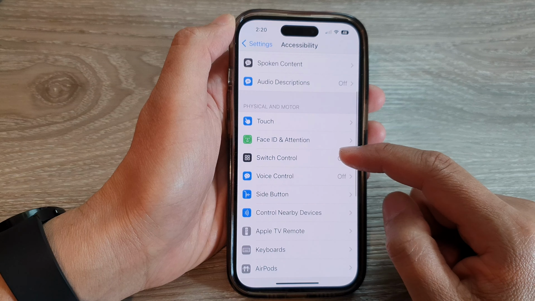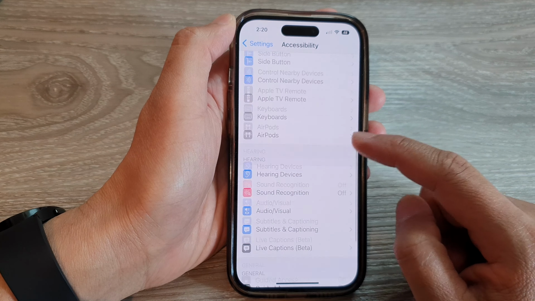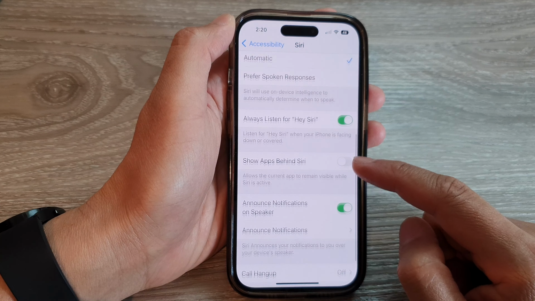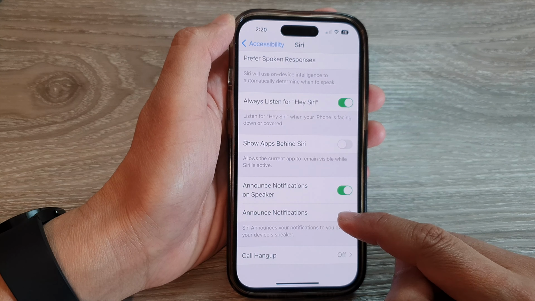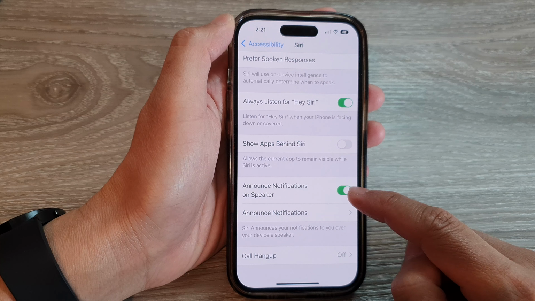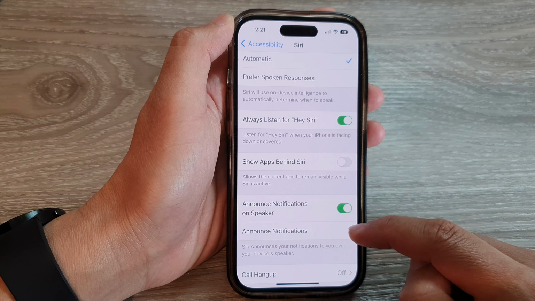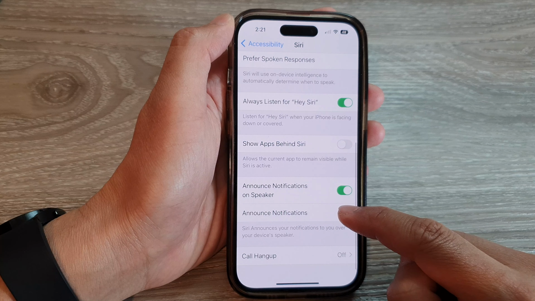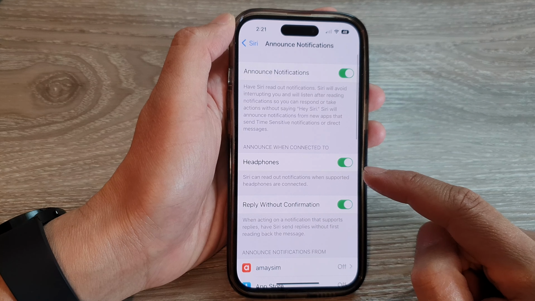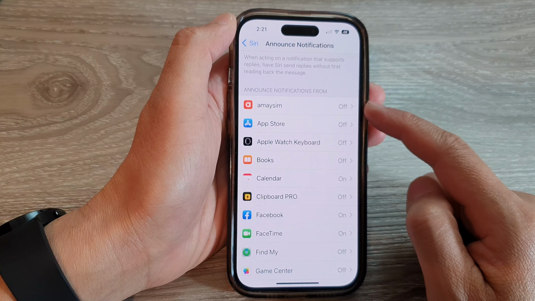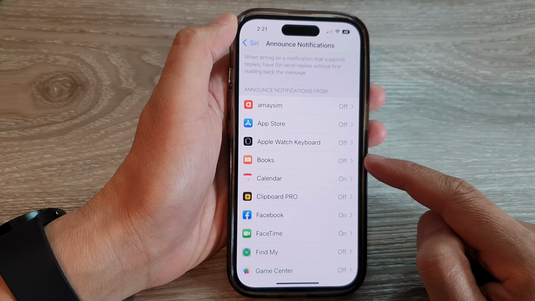Next, scroll down and tap on Siri. Then we go down to the bottom and tap on Announce Notifications. Now make sure you turn on Announce Notifications on speaker and then tap on Announce Notifications. Once you are in here, go down to the Announce Notifications from and select which app that you want to